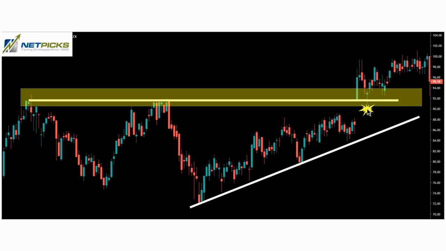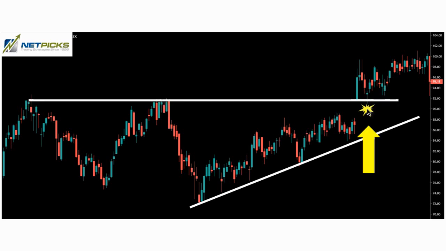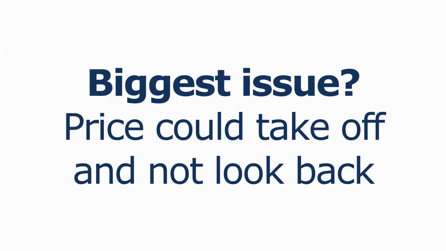So you can see that these patterns do take time to develop. And as mentioned earlier, the concepts are what matter. And although I'm using a bigger picture resistance line, you can see one forming lower. And you would allow price to break out and pull back to the resistance line, and you would enter your trade in that zone. So the biggest issue is that price could just take off and not pull back to